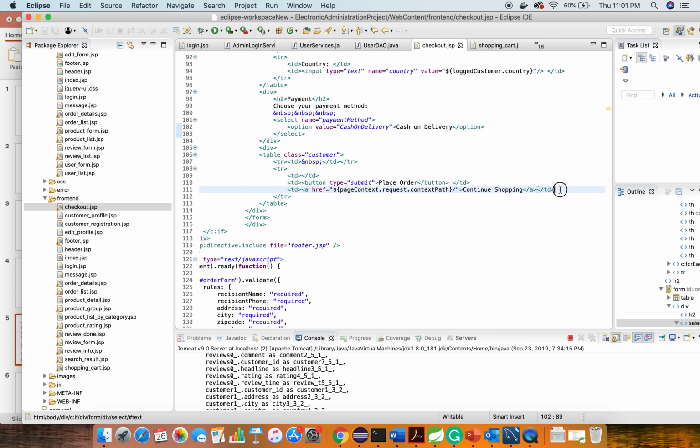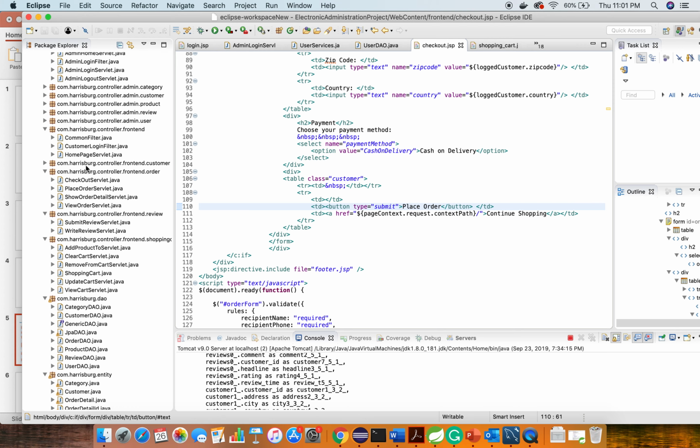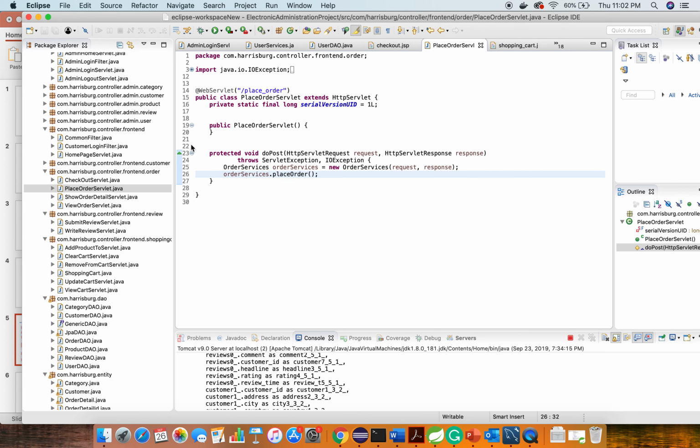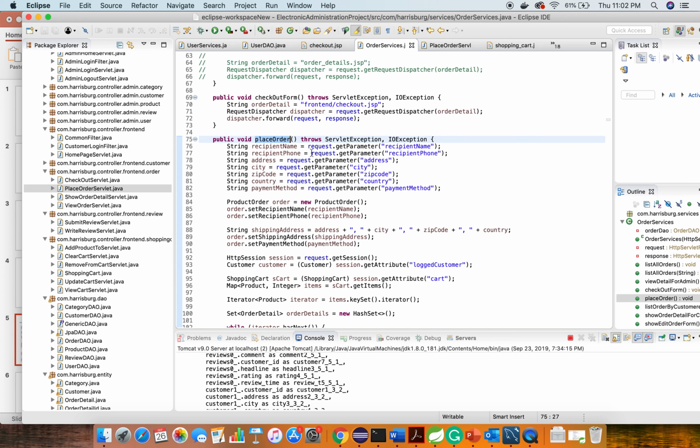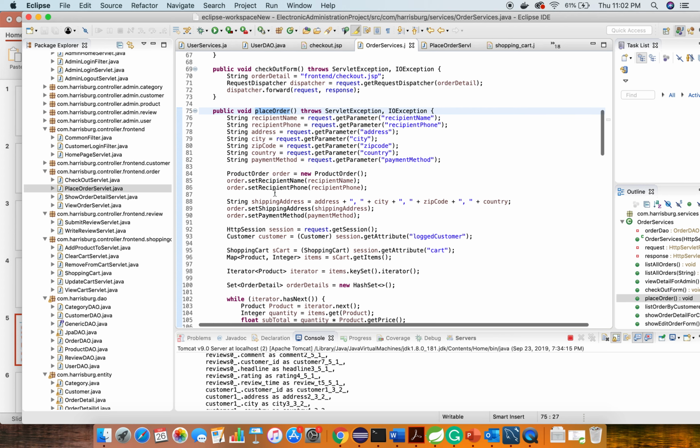So when the customer clicks on the place order button, it will invoke the place order servlet. As you can see here, the place order servlet says that when place order is hit, it will invoke the place order method of this order service. And in this method, I am creating the order object with all the information that the customer gave us,